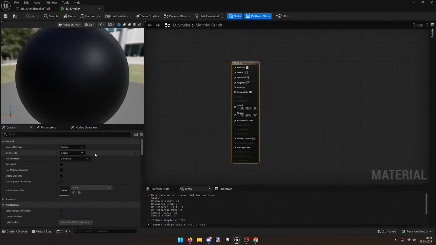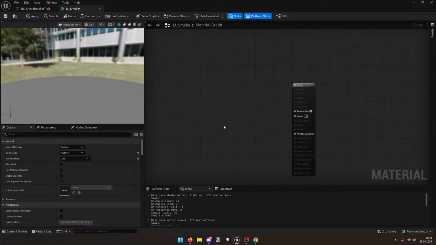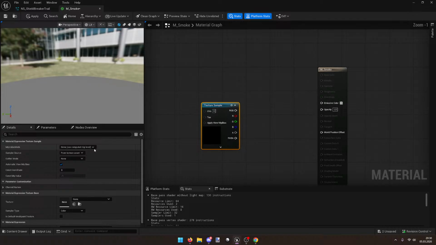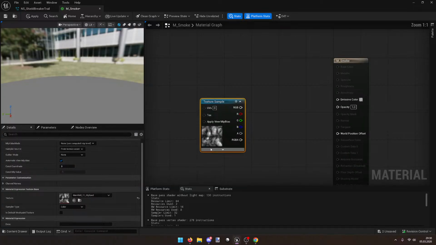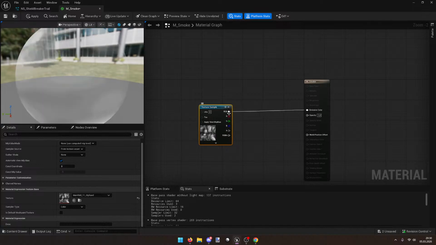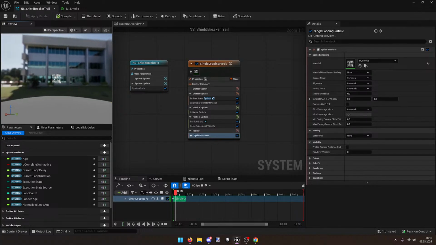My idea for the smoke is, obviously this is gonna be an additive unlit, not a masked. And we need some texture samples. I do have some noises which we can use. I wanna start off with a noise. I think those stylized noises which I made could be pretty nice, right? If I just plug this into emissive,